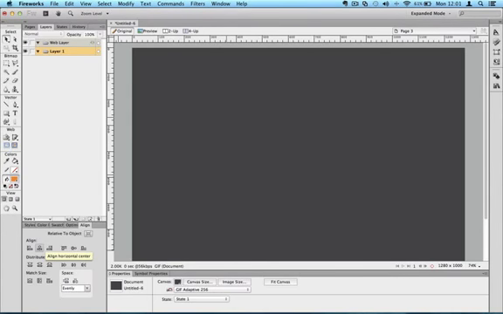One thing I did mean to mention earlier on, as you can see, I'm using the Mac version of Fireworks, but because Adobe haven't really ever fully embraced the Mac operating system, or the look of it, it looks just like the PC version, so there won't be any confusion, I don't think, between what I'm doing on this Mac and what you might be doing on a PC. I mean, I use the PC version of Fireworks as well, and I've not noticed any difference between the two,